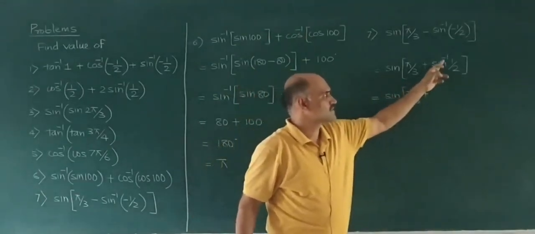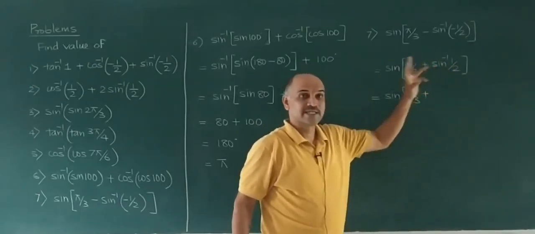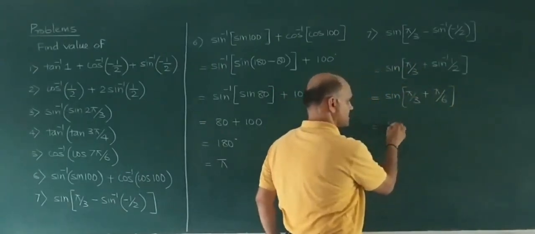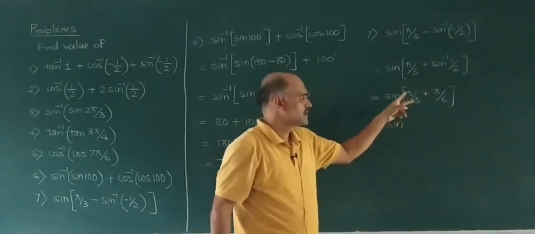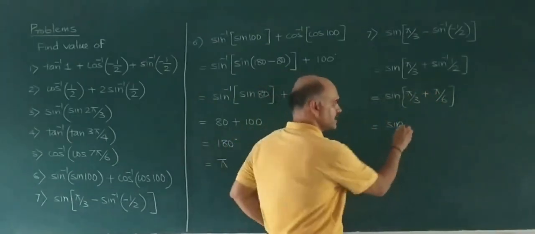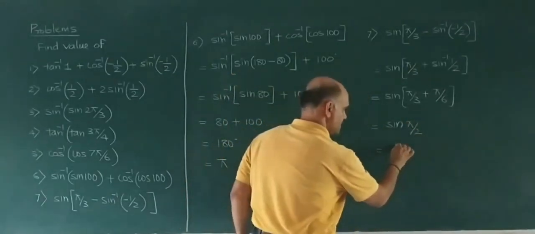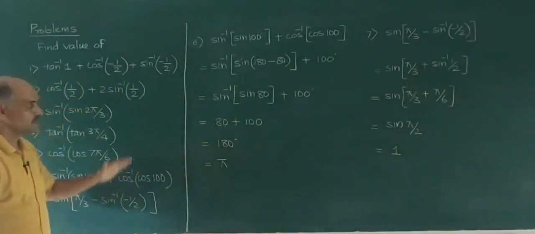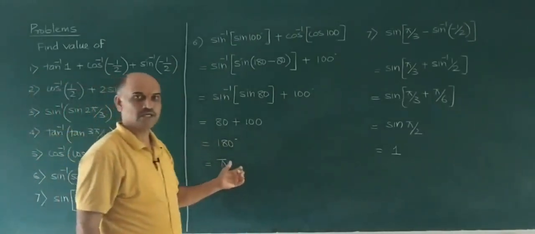This is equal to sine of pi by 3 plus, what is the value of sine inverse 1 by 2? It is 30 degree. So 30 degree in radian is pi by 6. So plus pi by 6. Now simplify these two values. You can take the LCM, or else pi by 3 is 60 and pi by 6 is 30. 60 plus 30 is 90. So 90 in radian is pi by 2. So sine 90 is 1. So this is the answer. You can again pause and solve these problems. Then I will take a few more problems. Okay?